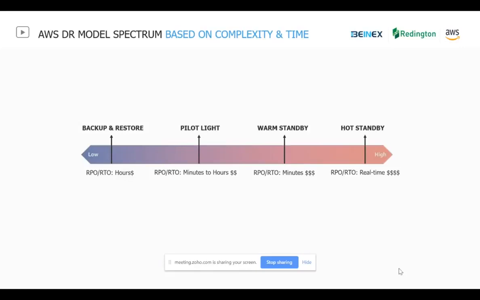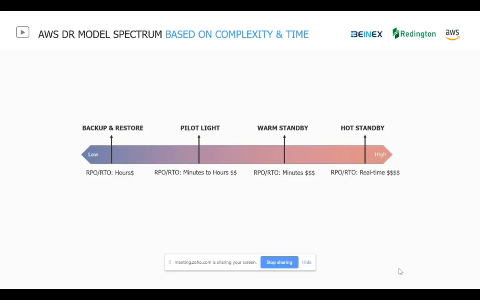From the left to the right, if you watch closely, the RPO and RTO objectives start in hours, then go to minutes to hours, and then to minutes, and then to real-time DR. We have put some dollar symbols there as well, to show you that the more complex your DR infrastructure is, the more cost you're going to pay for it. So, the first thing will be backup and restore.